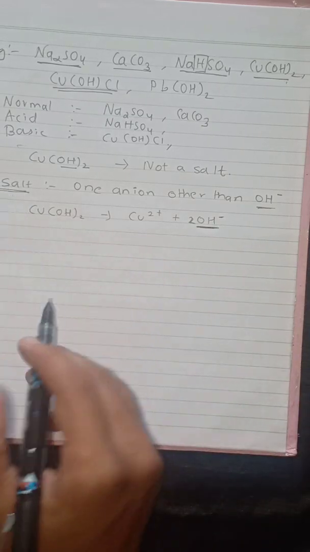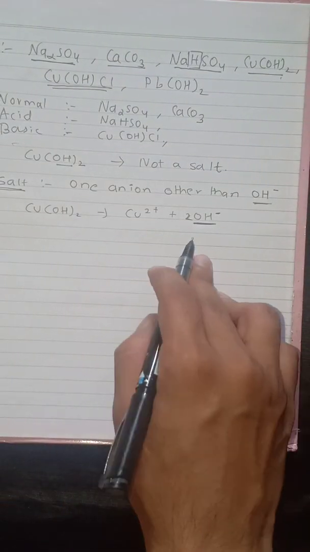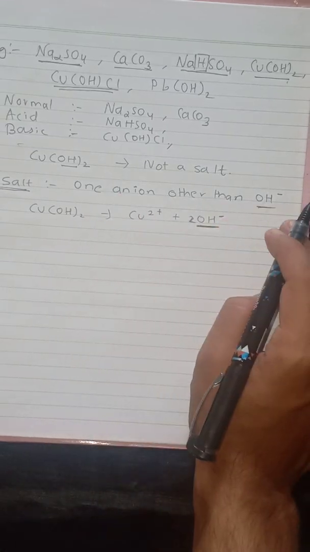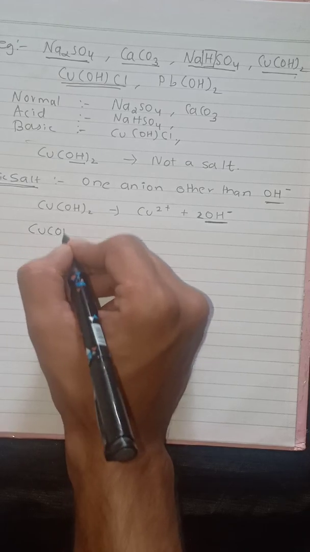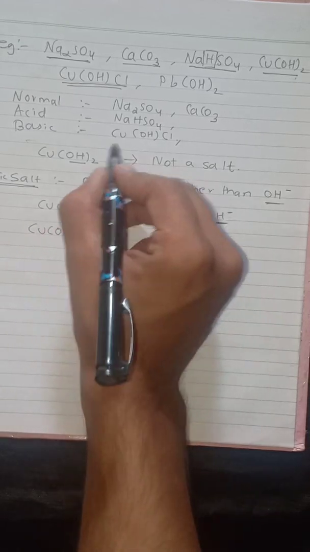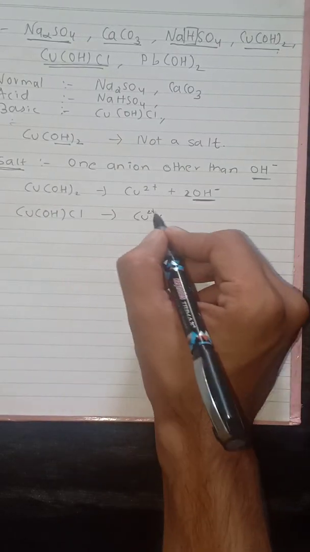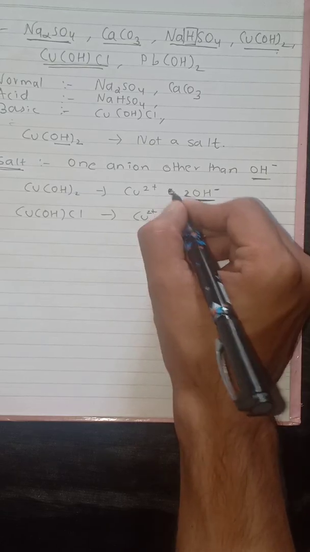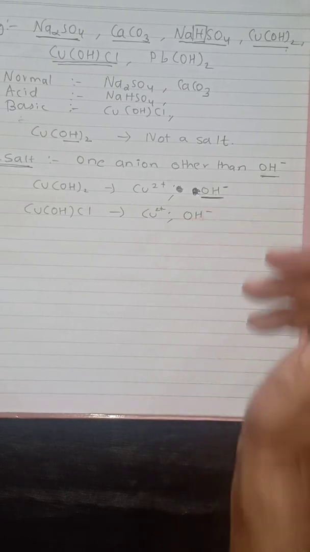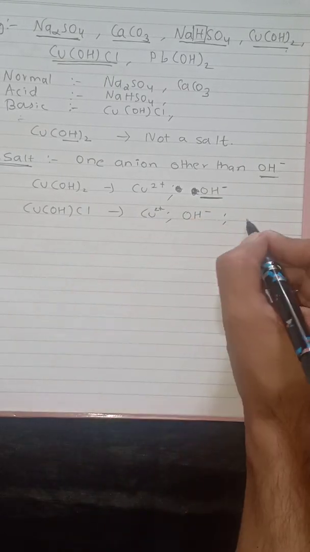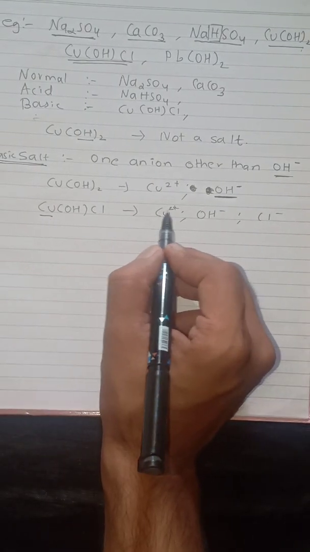What is the rule of a basic salt? That one anion should be other than OH negative. If it is not other than OH negative, then this is not a salt. Let's take this example to understand more clearly. I have classified this into a basic salt. So this is copper, this is OH minus. You don't have to show the reaction, I am just making a hint for you. This is not a reaction, and this is Cl minus. See, क्या क्या दिख रहा है हमको? कॉपर दिख रहा है, कॉपर एक मेटल है, प्लस आयन.